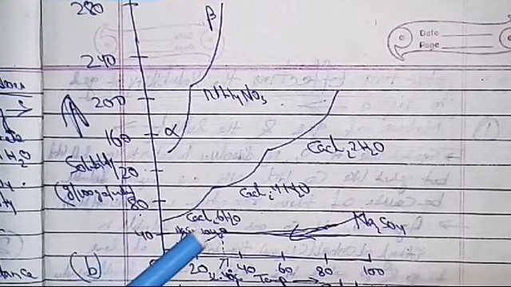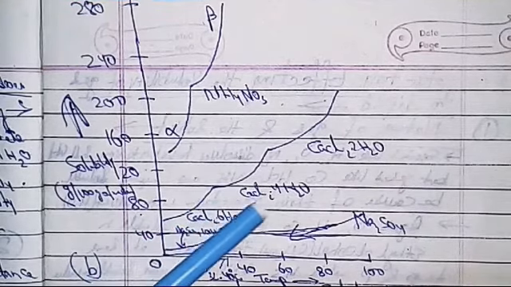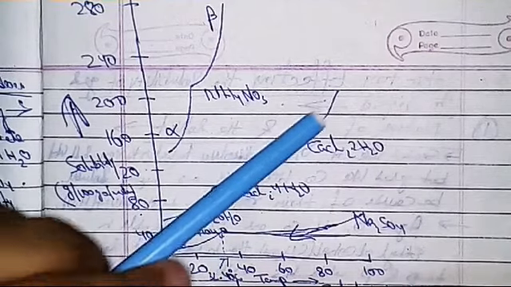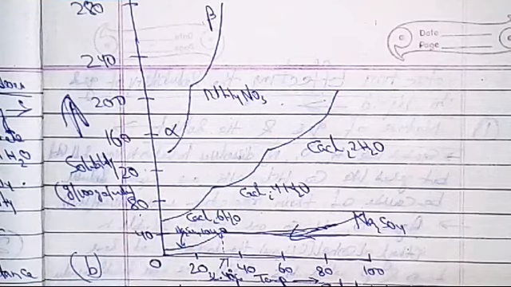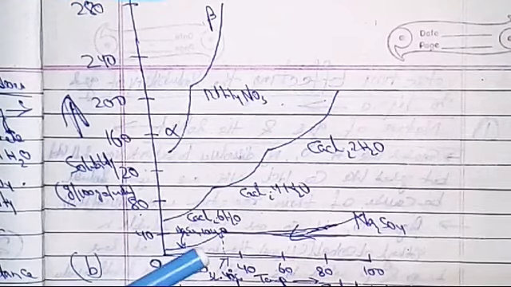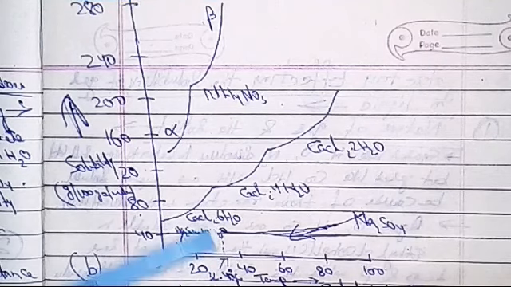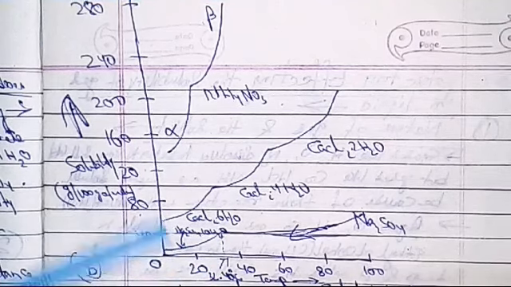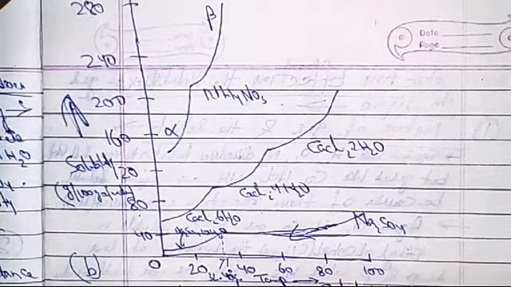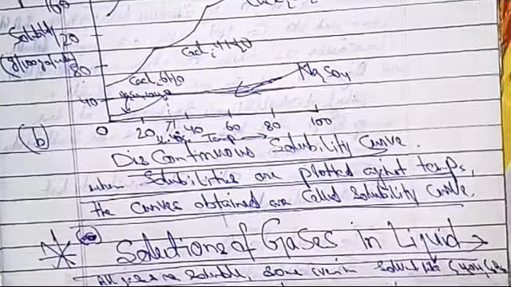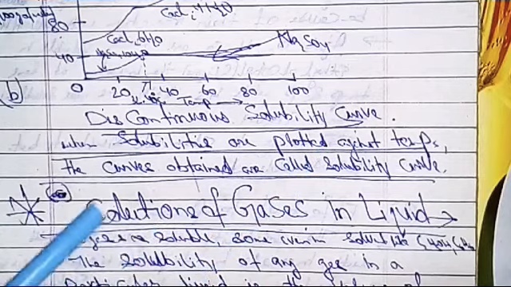Same case happens with calcium chloride dot 6H2O: it increases, stops, then again increases as CaCl2 dot 4H2O, stops, then again increases as CaCl2 dot 2H2O. So what we are seeing is not continuous but discontinuous. These types of substances show a discontinuous solubility curve with increase or decrease in temperature. Same thing happens with alpha ammonium nitrate and beta ammonium nitrate. So the curve which you have been shown is of which type? This is a discontinuous solubility curve.